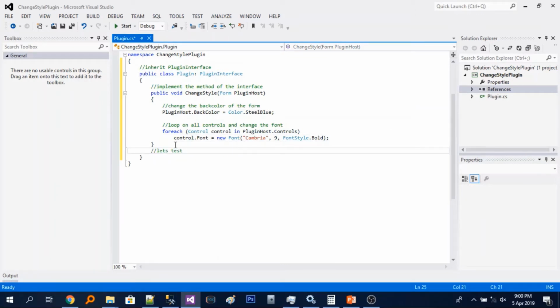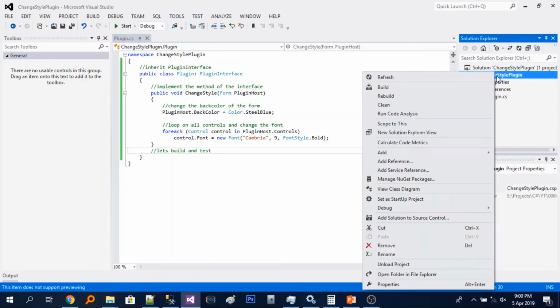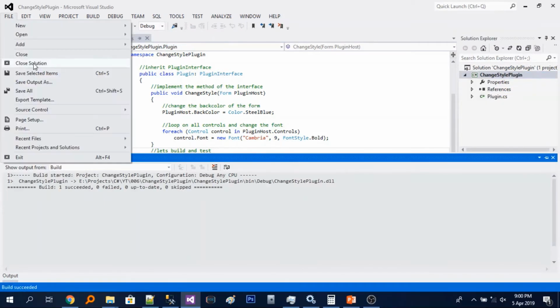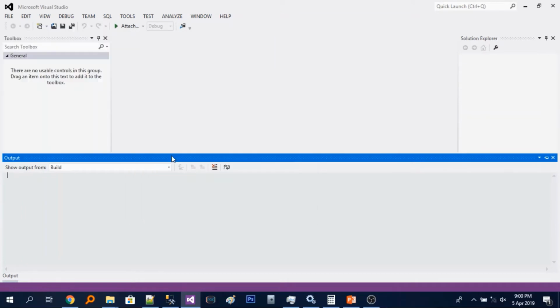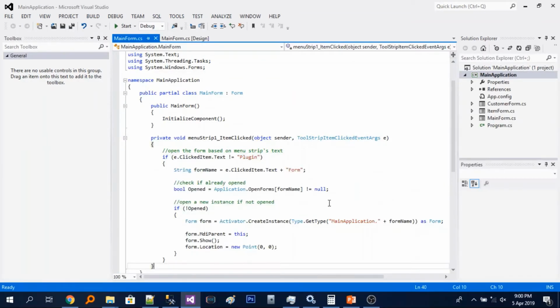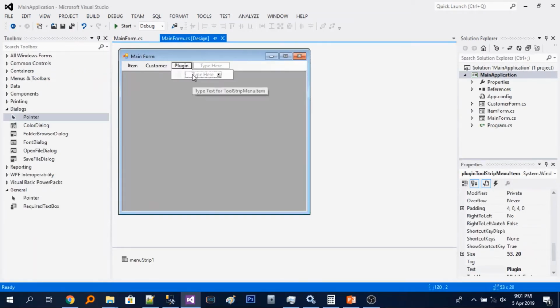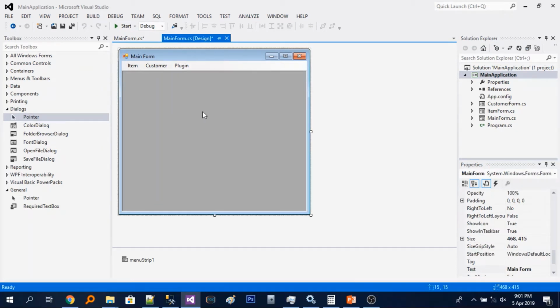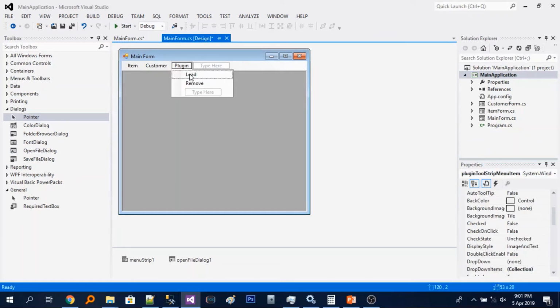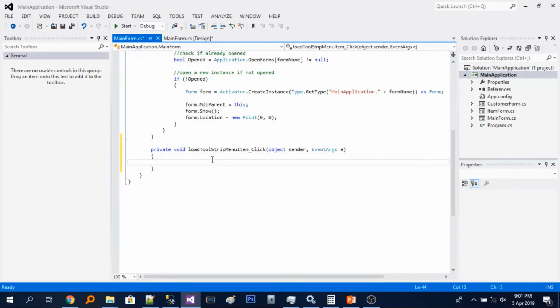Then let's just build and that's it. So let's just close this one and let's get back to our main application. Then add some options in the plugin, load and remove, and add an open file dialog. So add a click event on the load plugin,